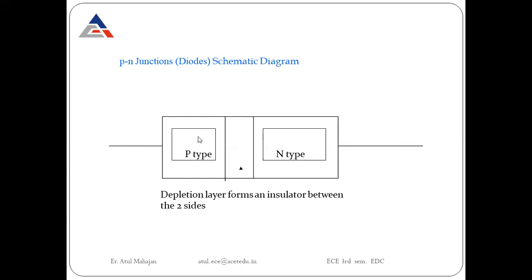Then this is the crystal structure of the P-type and N-type material of this PN junction diode. The depletion layer is formed between the P-type and N-type layer, and we have the insulation. This depletion layer is actually acting as an insulated layer, or the forbidden layer, which doesn't help in conduction. As the size of this layer increases, the amount of PN junction conduction will go on decreasing.